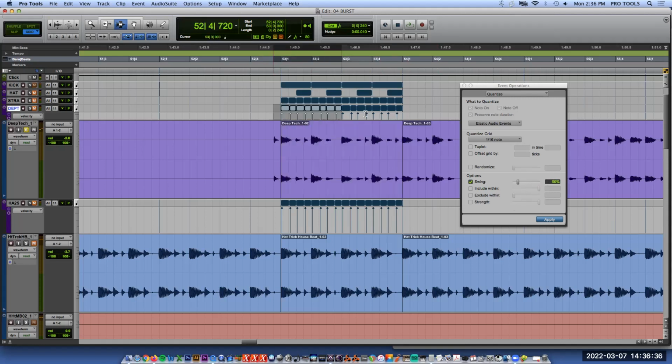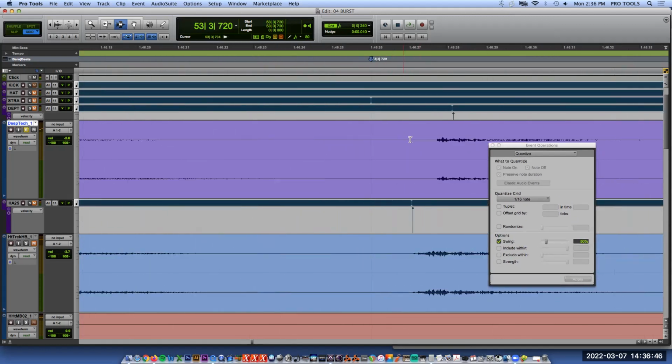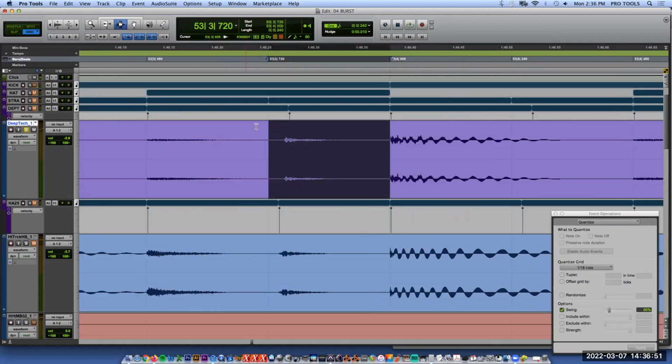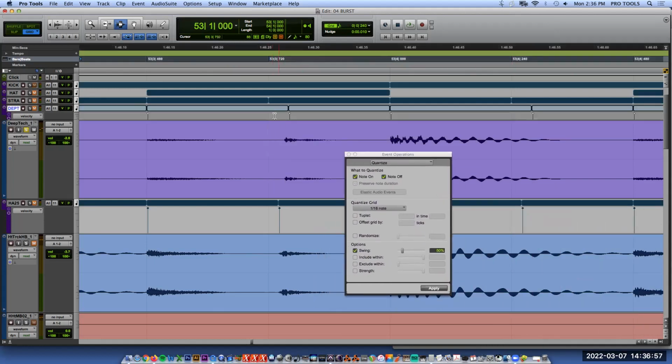Oops. Let's try here. Okay, you can see that they moved. All right, so let's zoom in and see what that just did. So it moved quite a bit later. It moved the MIDI note later than the hi-hat on the audio. Well, that's not what we want. We want to line it up. So let's try